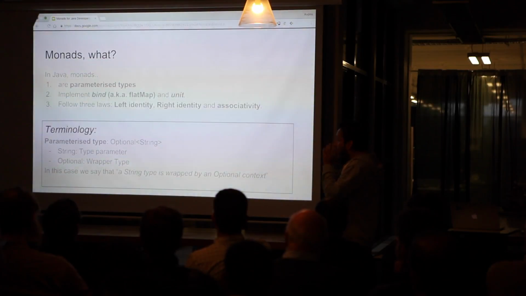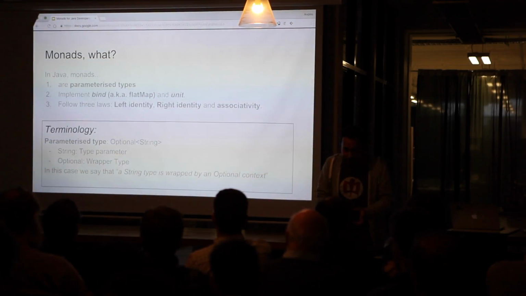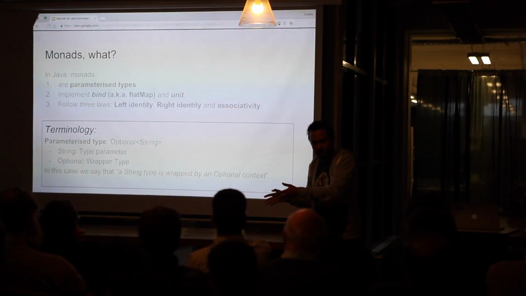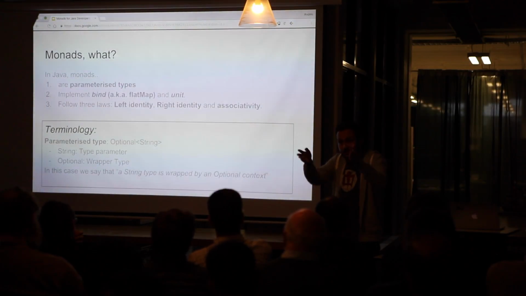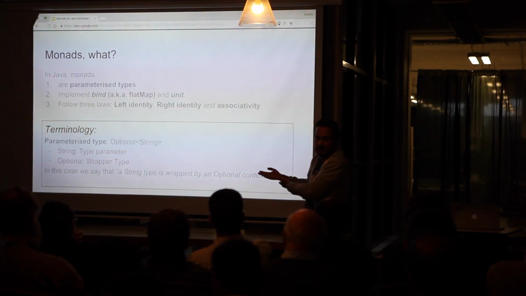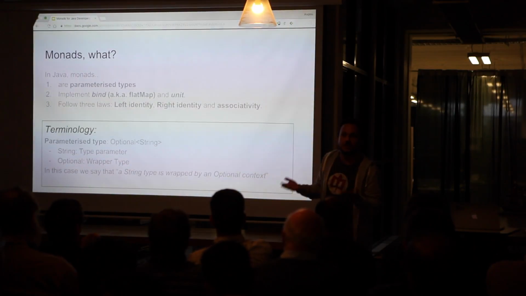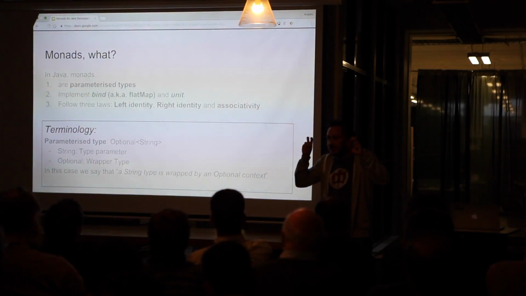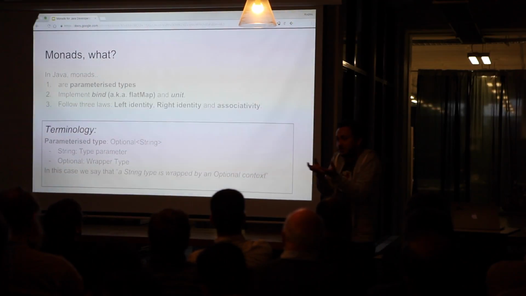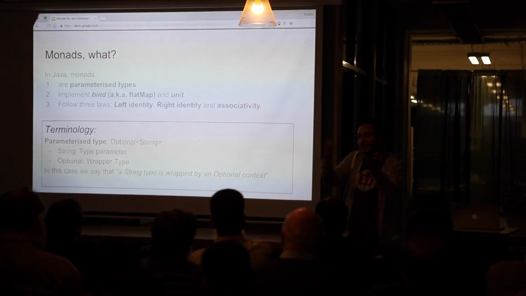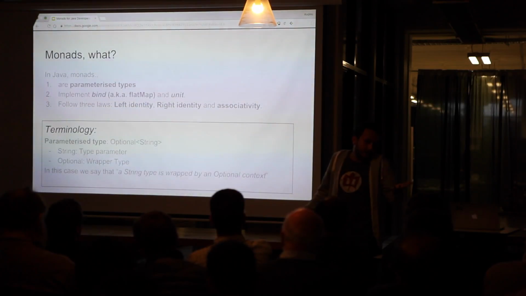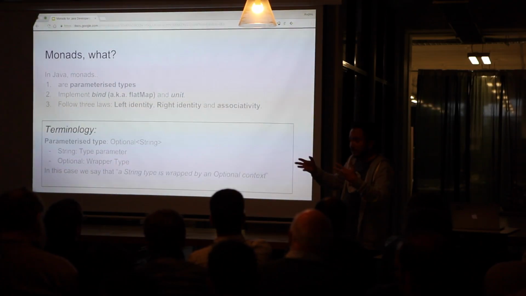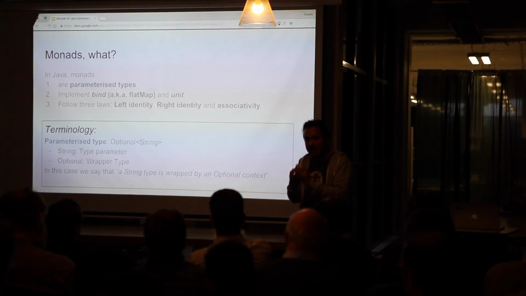So the optional itself doesn't make sense. You cannot have just optional. In Java, turns out that if you write optional, by default, the parameter is Object, right? Because it's just sort of syntax sugar. But as a concept, an optional is not valid by itself. Optional of what? Like a list. If you have a list with nothing, it's just nothing. Yeah, exactly. So for the type to be concrete, to exist, it has to have a type